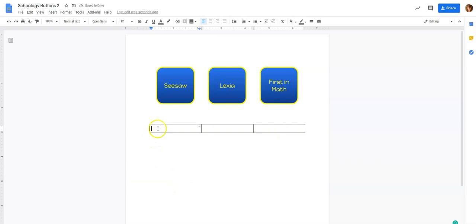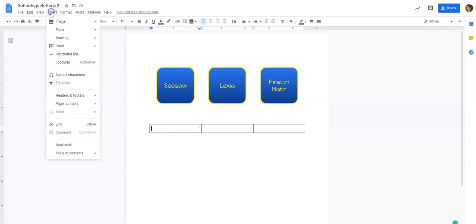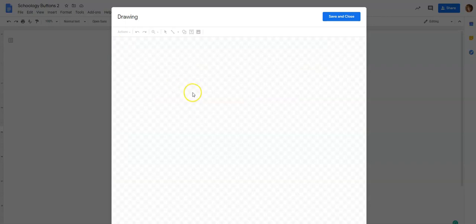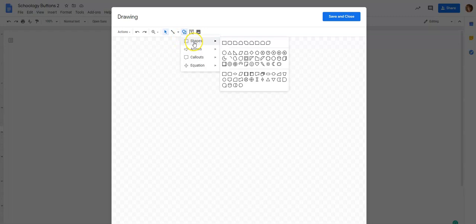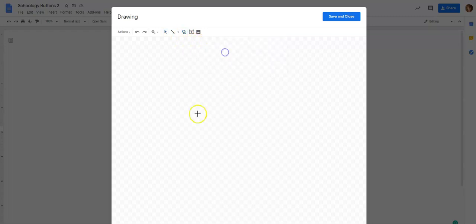Now, once you get your table, I leave the lines until the very end, and then I'll take the borders off. So I'm going to click inside that first cell in that table, and I'm going to go up to Insert, Drawing, New. And this is where I'm going to make my buttons. So I'm going to use the shapes, and let's use a circle this time. So I'm going to make a circle